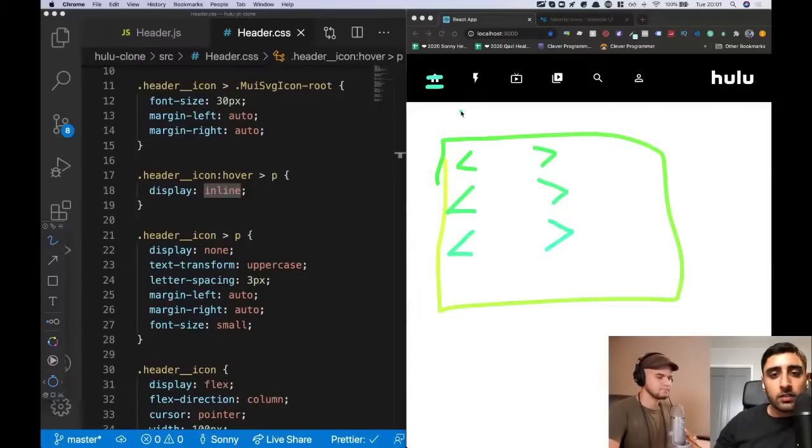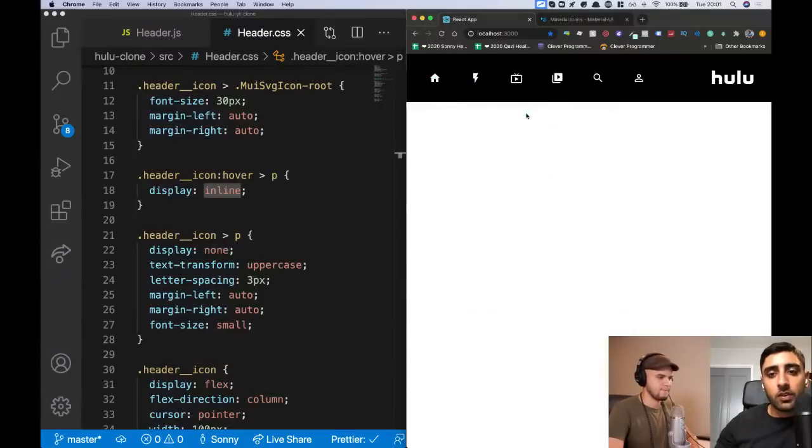So what we're saying is, make the P tag always hide itself, which is why we don't see any of the P tags. But when we hover over it, show the P tag in the form of display inline, which means it will drop that P tag here. And then you see the P tag, which is why when I hover over it now, you can see that